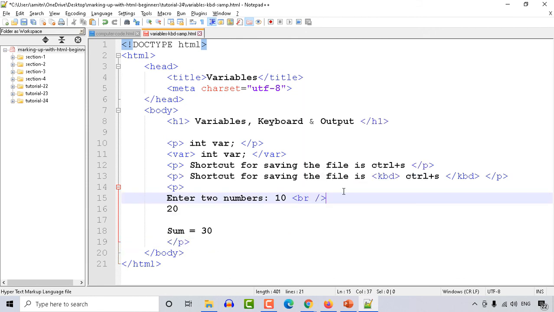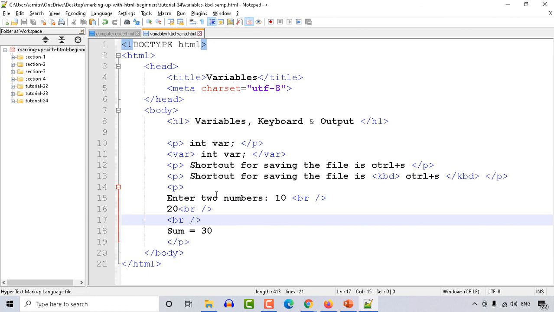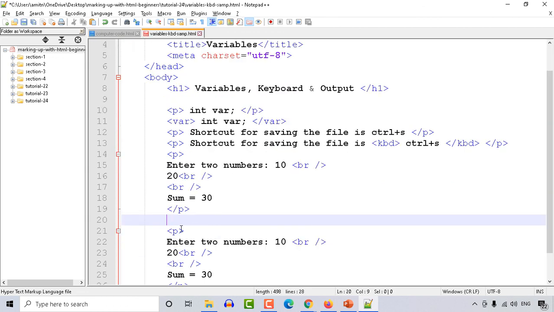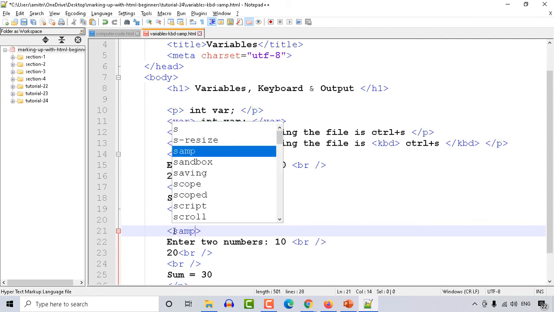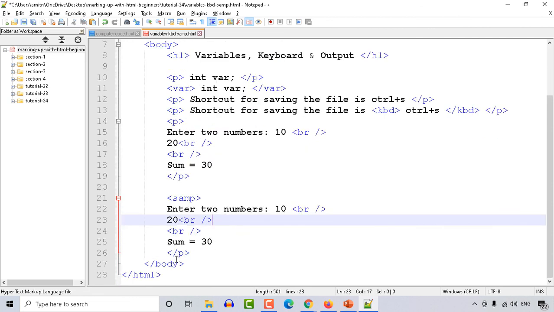So definitely we have to use BR here, and one BR here, and one BR here. Fine. So it might appear like an output. Now let me show this with a samp element. So samp here, and here also samp. And now I'm first removing this BR from here, so I will not provide a break within this samp first.